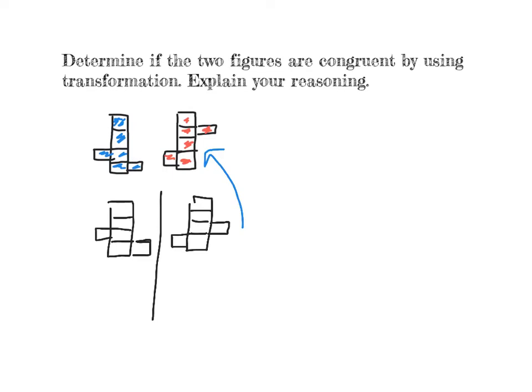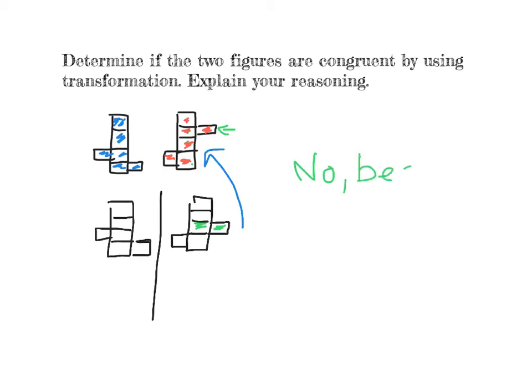If you can see, it actually will not match up perfectly because this piece of our original second figure is on the third box up from the bottom of the figure. And in this shape, it's only 2 up. So even if I could shift this up right now, it's not going to match perfectly. So how do I explain that? Well, no, these aren't congruent